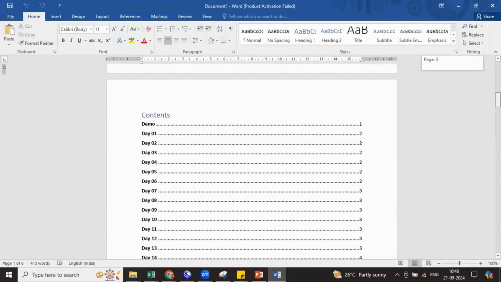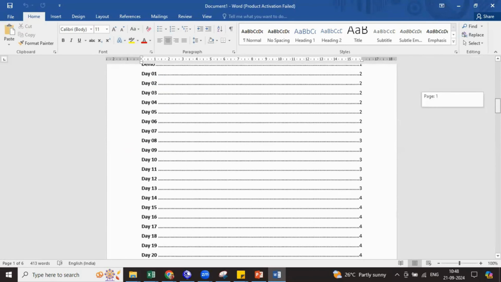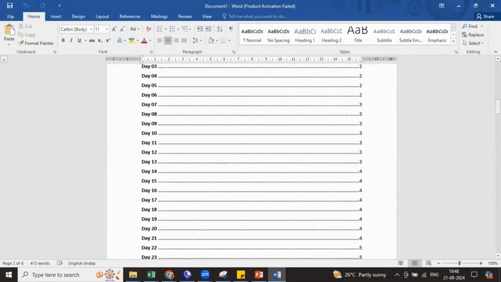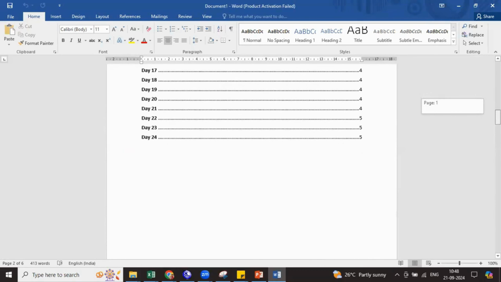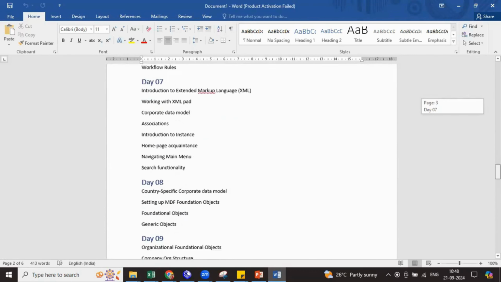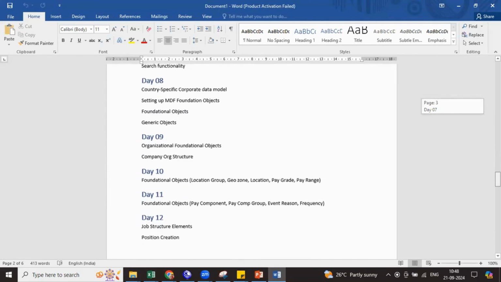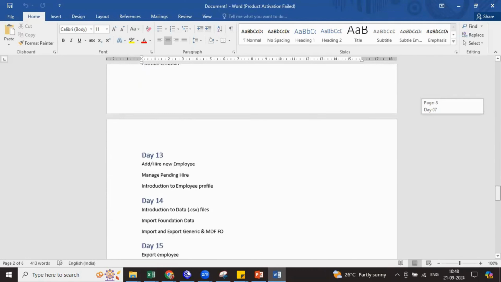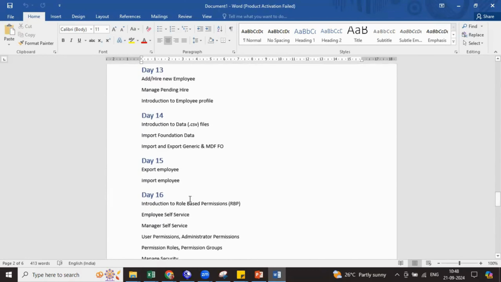So now we have a course content which explains in detail what all we will be learning from day 1 to day 24. If you look here, somewhere at day 14. On day 14, we'll be learning about how we migrate the data from one application to another application,